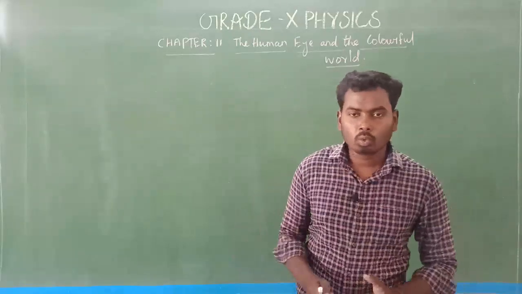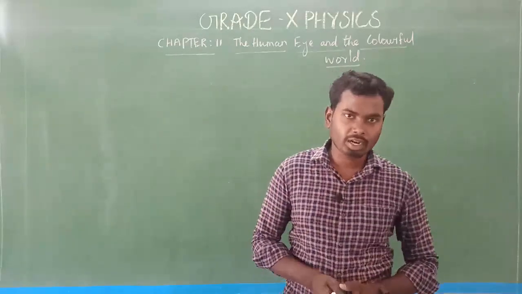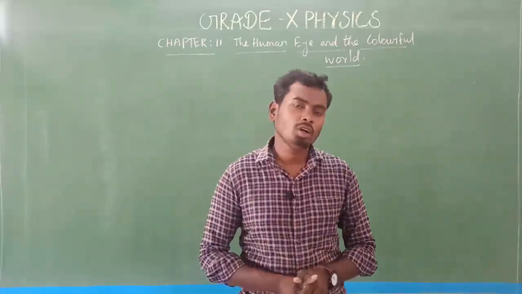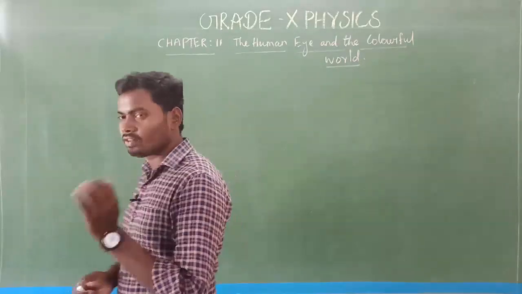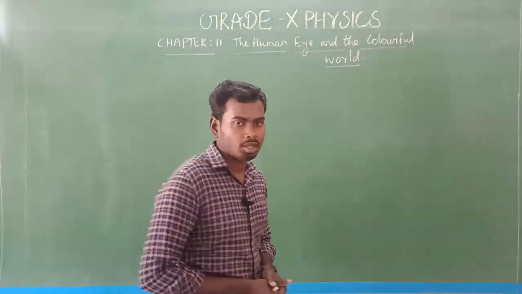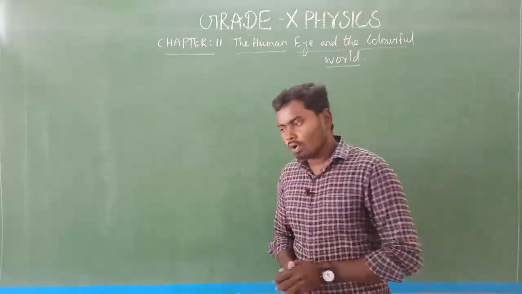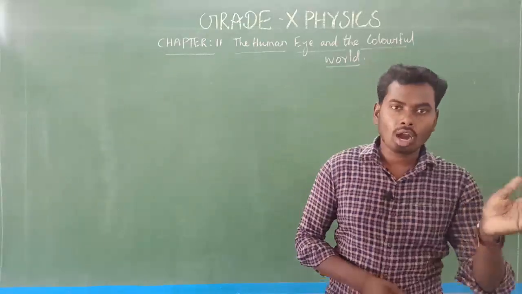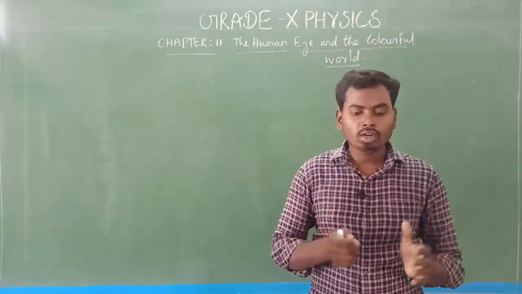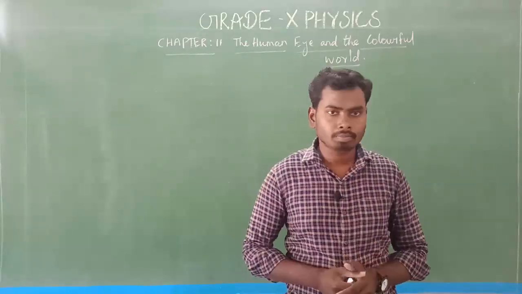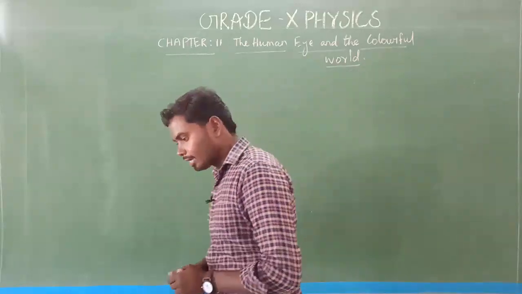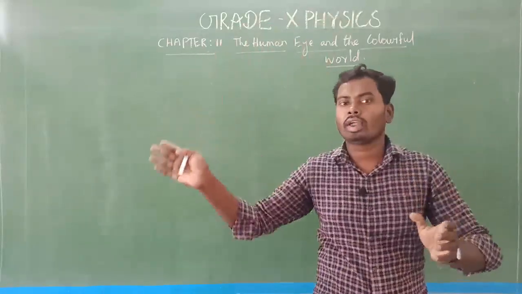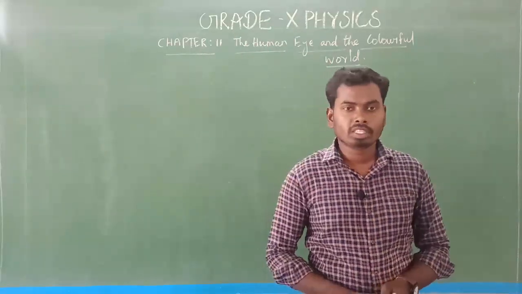So already we know the white color is a mixture of 7 constituent colors. Am I right? Yes. So sunlight color is also white color. The sunlight is a mixture of 7 constituent colors, the VIBGYOR colors. Already we know very well. So when a beam of white light passes through the water droplets present in the atmosphere during rainy season, the water droplet splits the white light into 7 constituent spectrum colors, which form a beautiful rainbow. Isn't it? Yes.